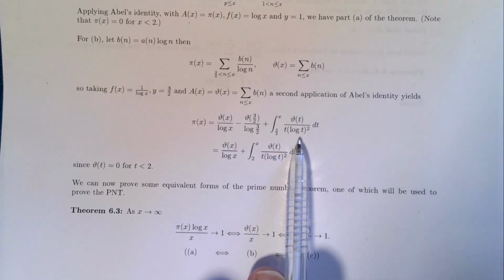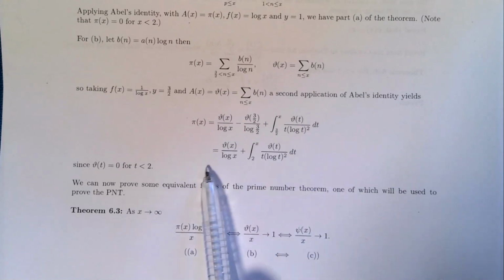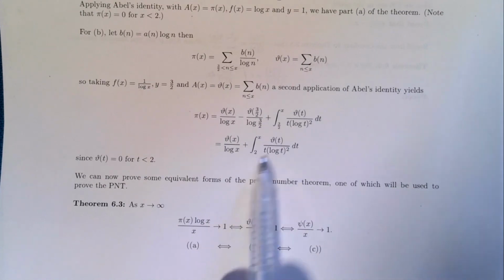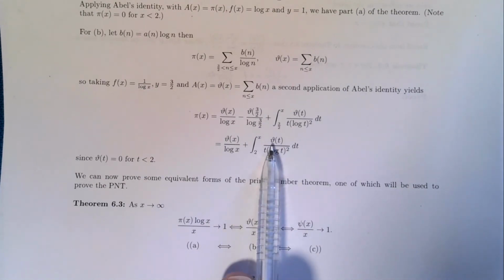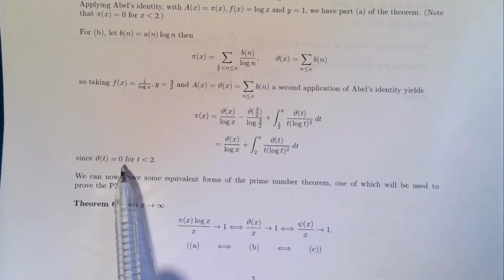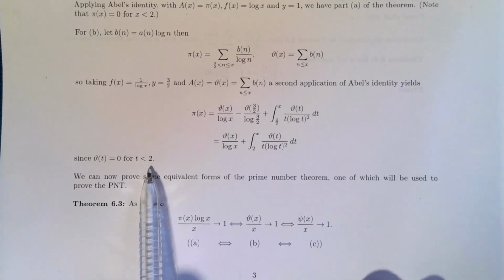And I've just simplified here. This is 0, copy that down, and there it is. And we can replace the 3/2 with a 2, because this is 0 until we hit the 2 there. So theta of t is 0 if t is less than 2. So here are our two formulae, and in the next section we're going to